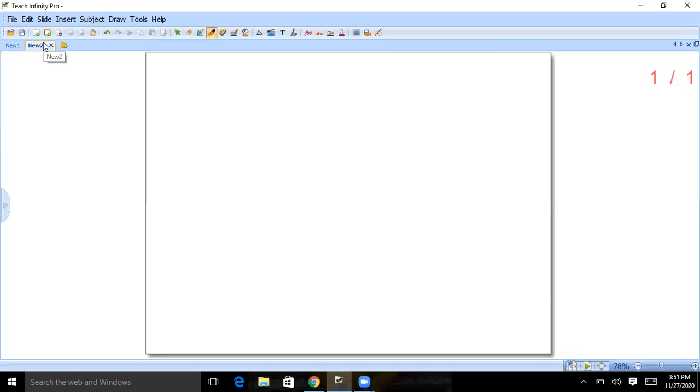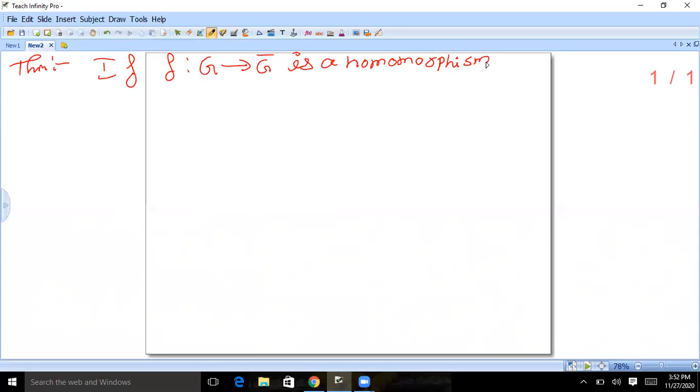So next theorem: if f: G → G bar is a homomorphism, then the set of all